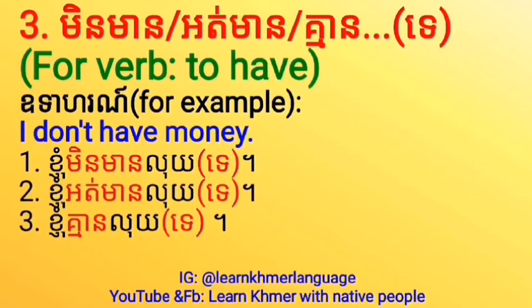For the third condition, we use with verb to have, we use the negative word mình mien or at mien or khmien te. So, for example, if you want to say I don't have money, we can say ខ្ញុំមិនមានលុយទេ or you can say ខ្ញុំអត់មានលុយទេ or you can say ខ្ញុំគ្មានលុយទេ